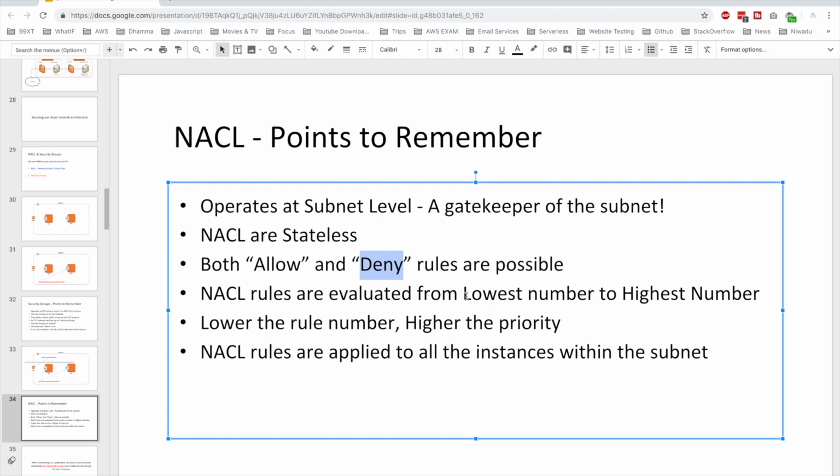So when evaluating those rules, AWS will start from the lowest number and go to the highest number. And the most important thing is AWS will directly apply the rules defined at the lowest numbers immediately. So the lowest numbers have the highest priority. And we discussed this. NACL rules are applied to all instances within the subnet because it is defined at the